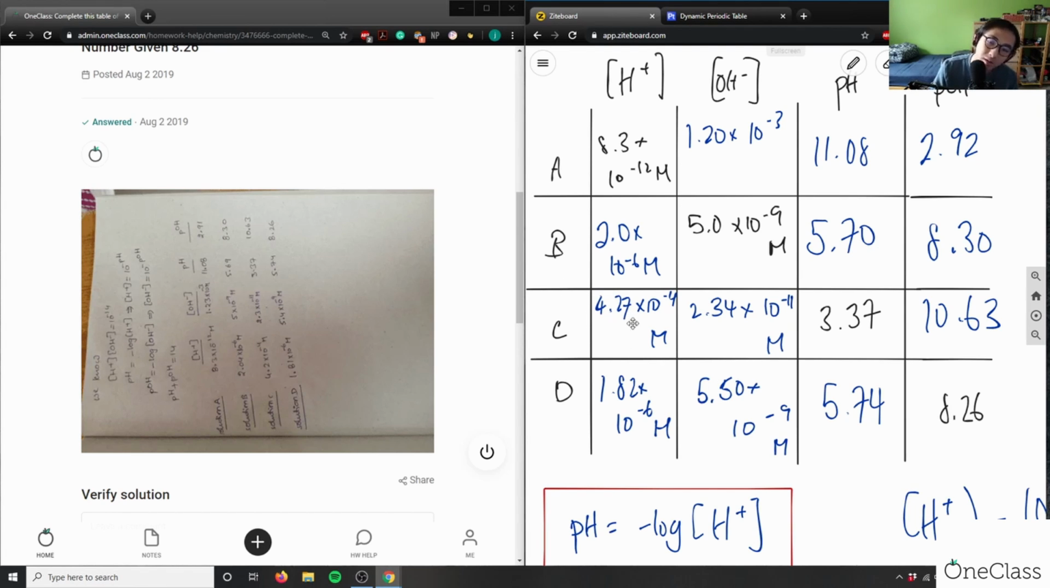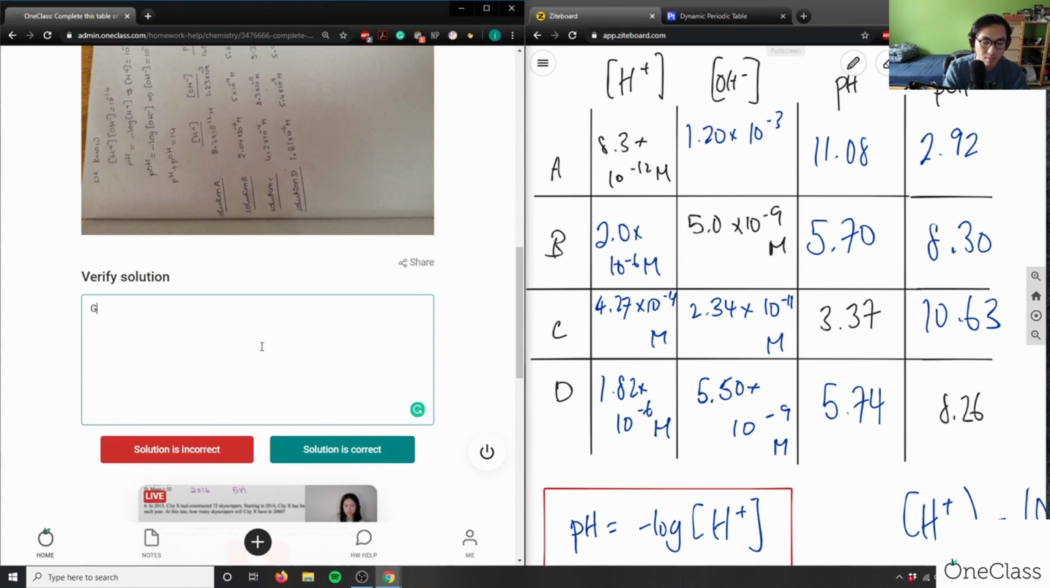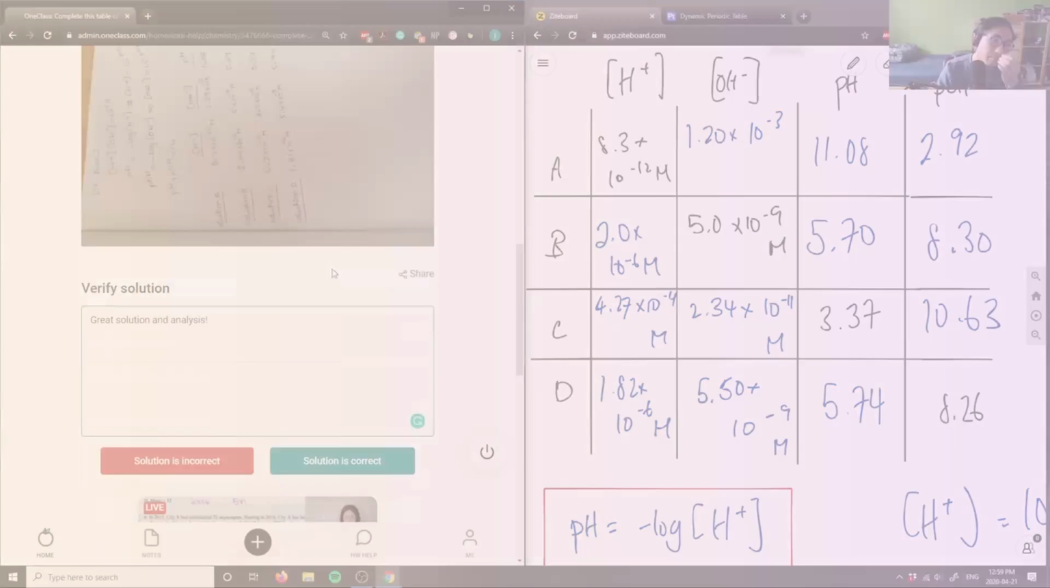4.27 I have here times 10 to the negative 4. They have 4.2. That's fine. 2.34 times 10 to the negative 11, 3.37, 10.63, and then finally 1.81. I have 1.82 times 10 to the negative 6. They have 5.4 times 10 to the negative 9. I have 5.5, 5.74, and 8.26. This here is my correct solution. So great solution and analysis, because what they did was they also wrote the